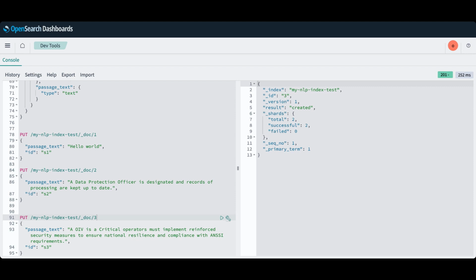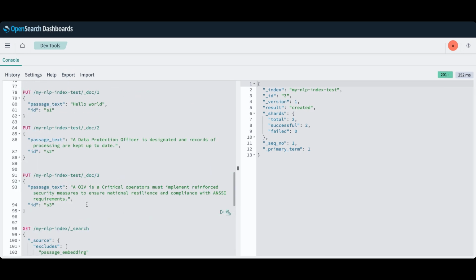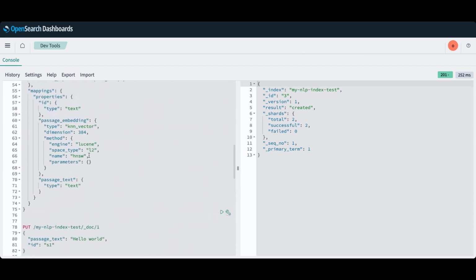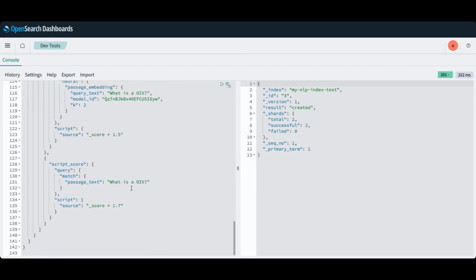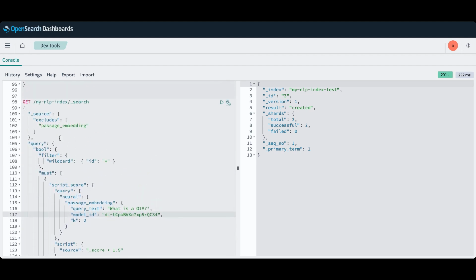And now we can already create our search pipeline. So here, and don't forget to change the model ID. So we'll get the one we added here, go down, and we have here our model ID. So how does it work? First we have our query, which gets everything with the ID because of the star.